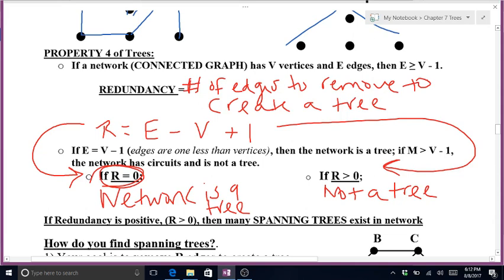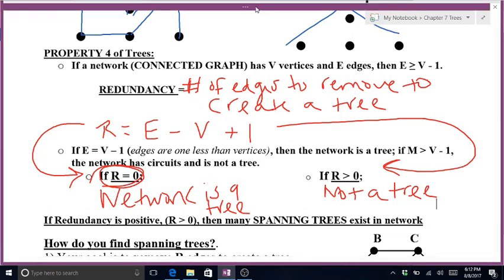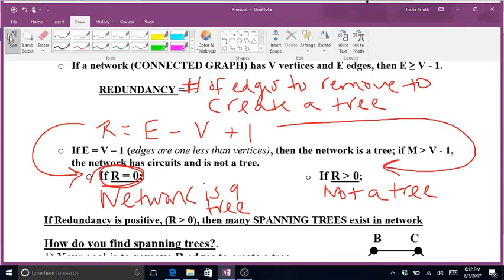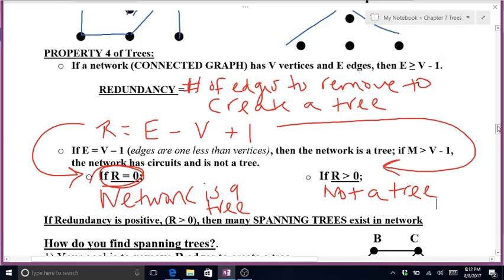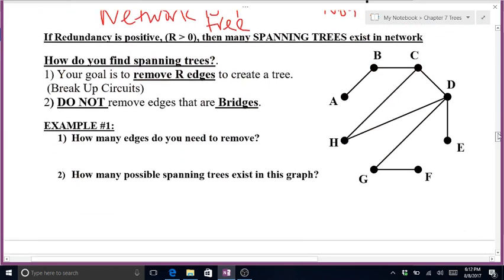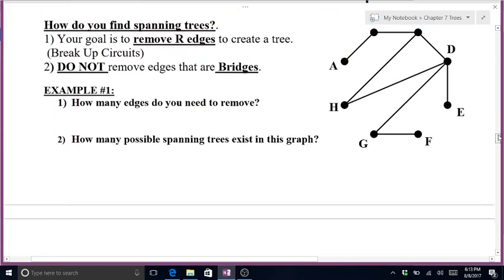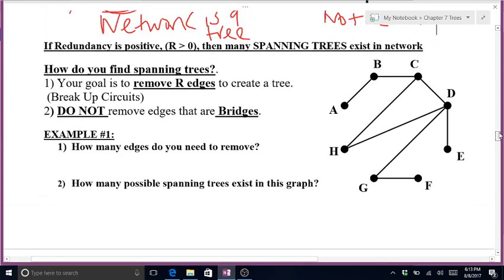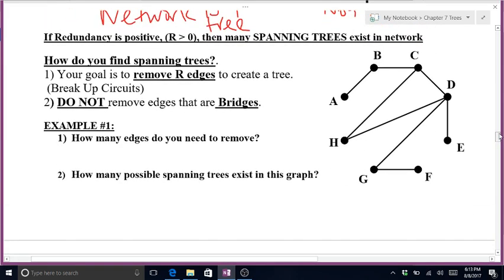So, how do we find a spanning tree? So, your goal is to remove the redundancy edges to create a tree. In other words, to break up your circuits. And one thing we don't want to do is we do not want to remove the edges that are bridges, because remember, in order for it to be a tree, it has to be connected. If we remove a bridge, that disconnects my graph. So,